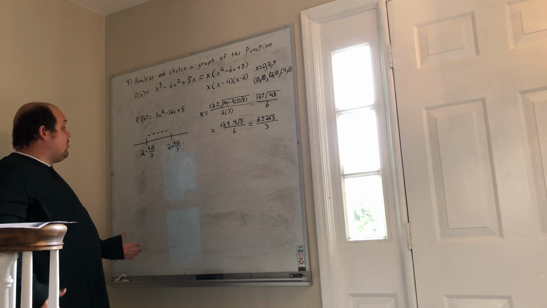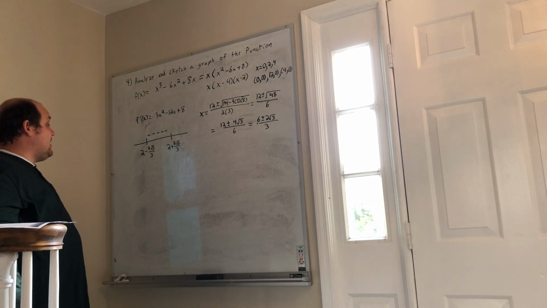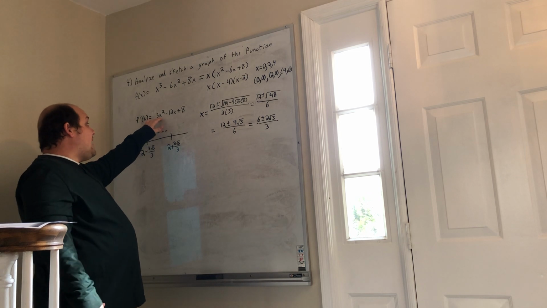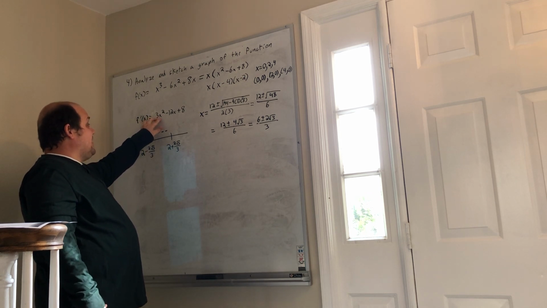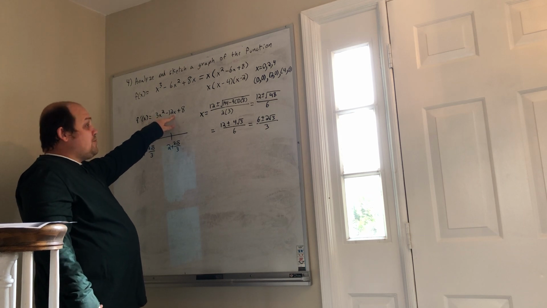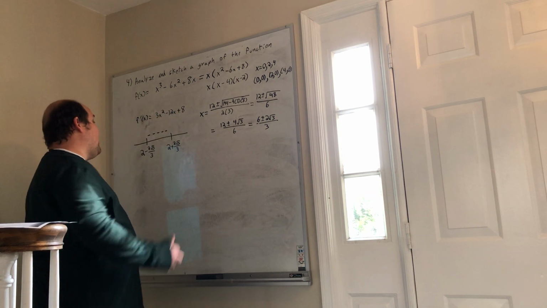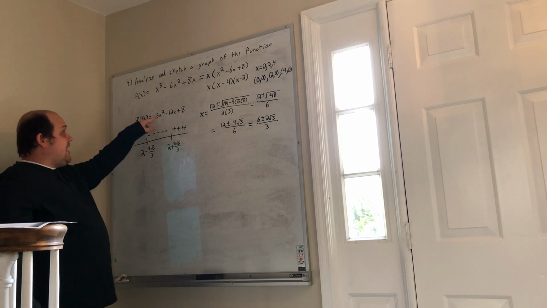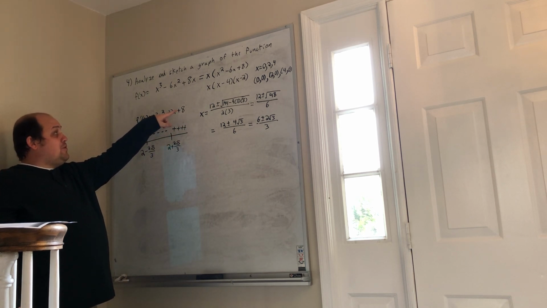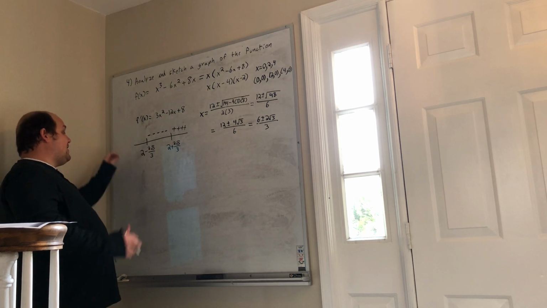When I now try and look at something that's very big, let's try 10 for instance. 3 times 10 squared is 100, so 100 times 3 is 300, minus 120 is 180, plus 8 is 188, positive. If I do it for negative 10, I still get 300, now it's plus 120 plus 8, so that's going to give me